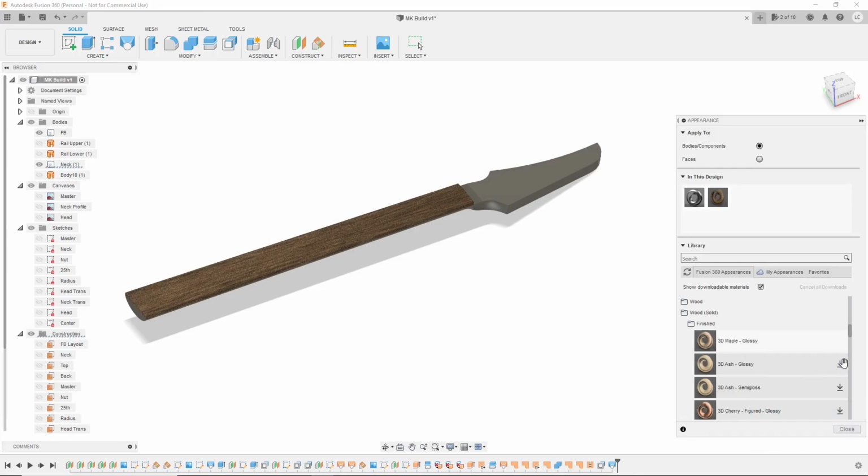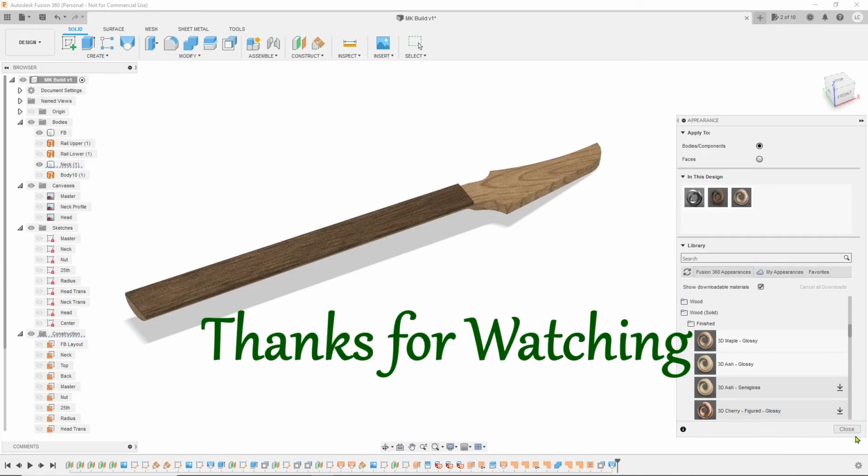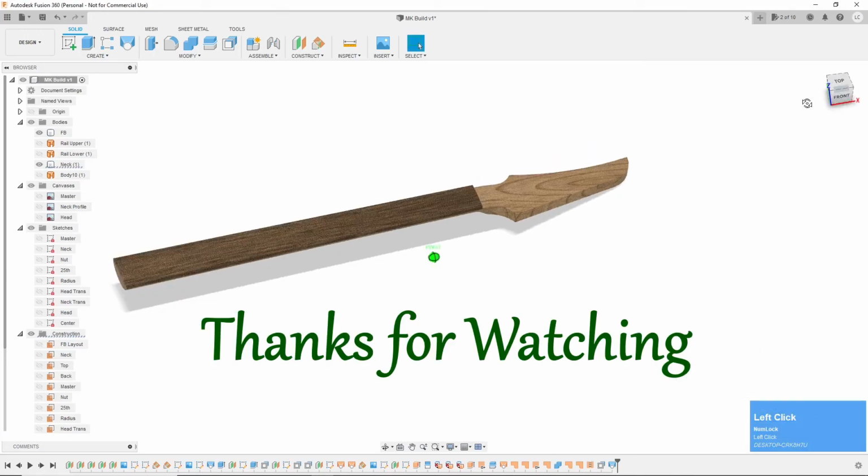maple. Make sure you've downloaded. If this arrow is still available, then it hasn't been downloaded. If so, just click on the arrow and it'll download. Maple glossy. Drop it on here. Close this, and there we have